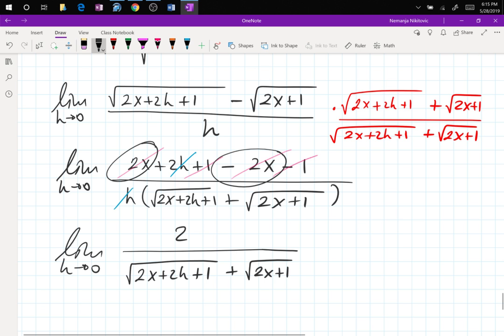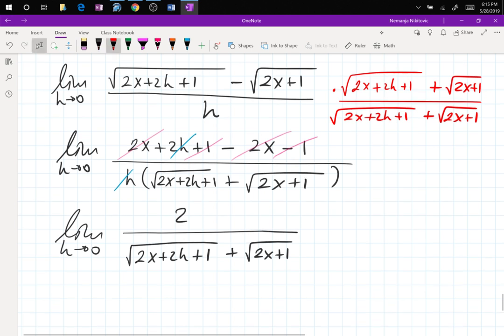So when all of this canceled, the only thing that stays is 2h. I see. And then h and h cancel. That's why it's blue. You are welcome. So now,